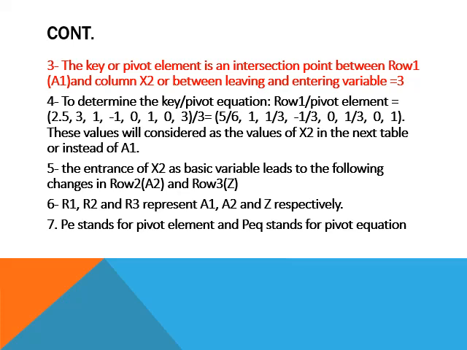The coefficients of A1, or row 1, are 2.5, 3, 1, negative 1, 0, 1, 0, 3. This over 2. The result is 5 over 6, 1, and 1 over 3, and negative 1 over 3,